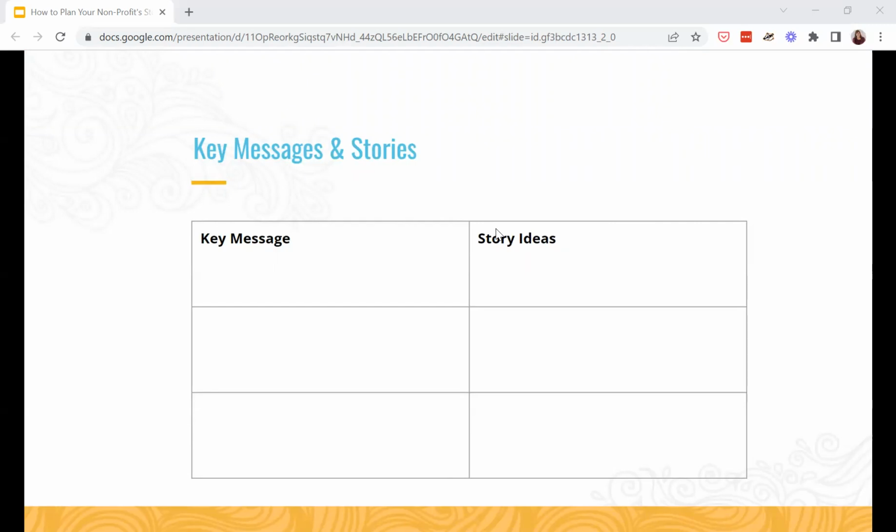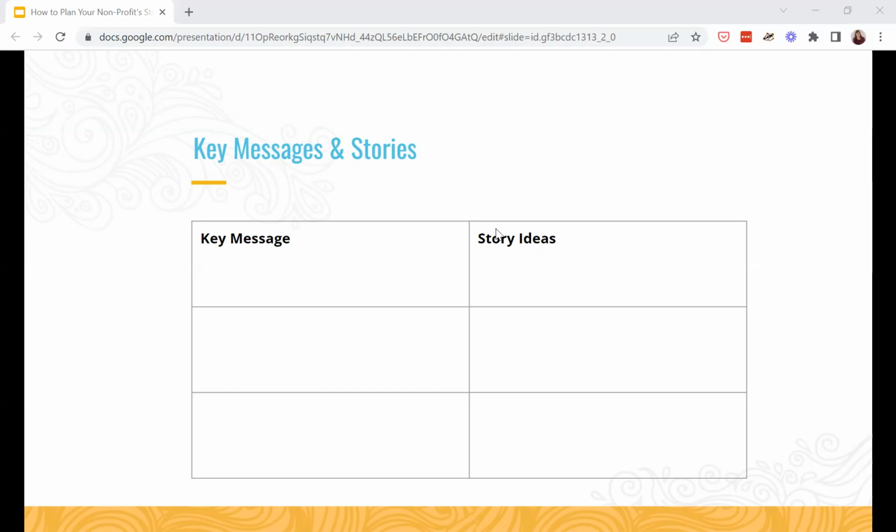Then in the right side column, I will brainstorm stories that can help us communicate that message and get the word out about the campaign, the activity, whatever that might be. For this part of the brainstorm, there's a couple ways to do this. You can totally go into your story library or content bank to reuse past content. If you're afraid to reuse stories or don't do it frequently, I highly encourage you to rethink this. It is a great idea to reuse and recycle your content.